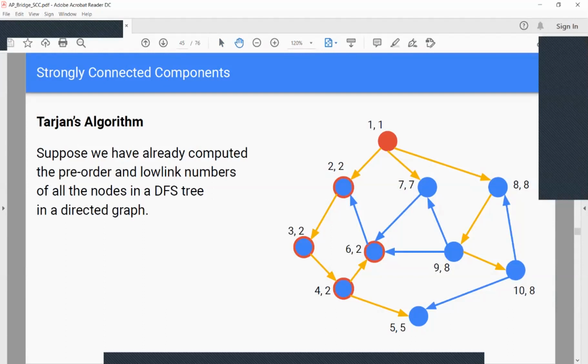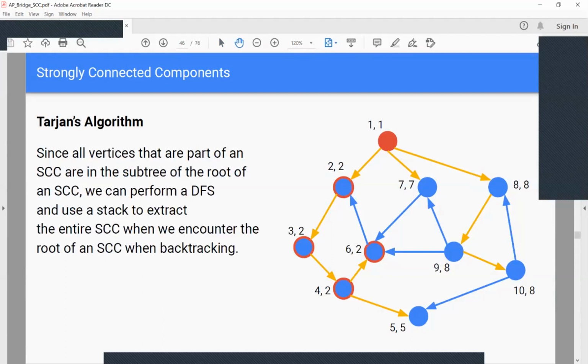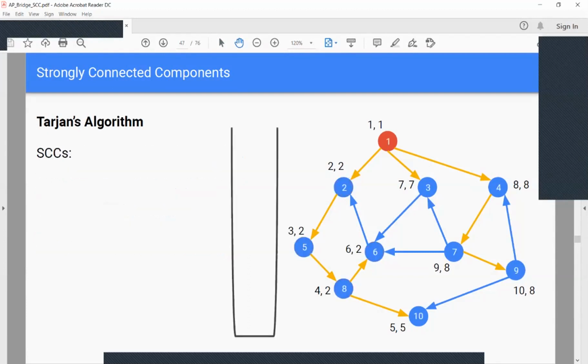So let's say you already have all the pre-order and low link numbers. The way that you're going to do it is that we're going to try to group all these nodes together. We're going to perform a DFS, and then we're going to pop out the nodes and partition them together. My friend had a very nice animation for it. Let's say that we already did the DFS, we already did the tagging. Now we start at this node,